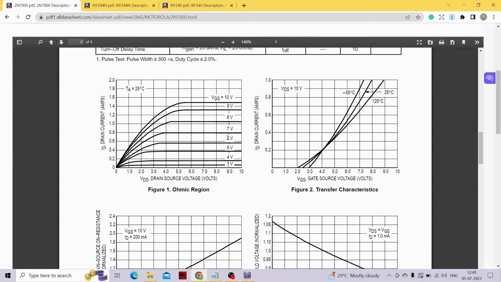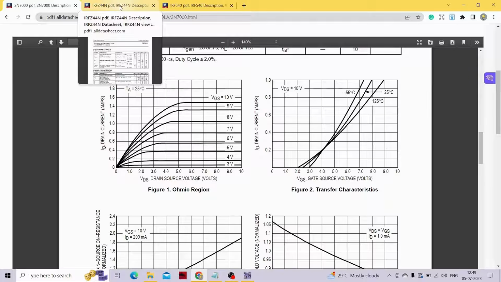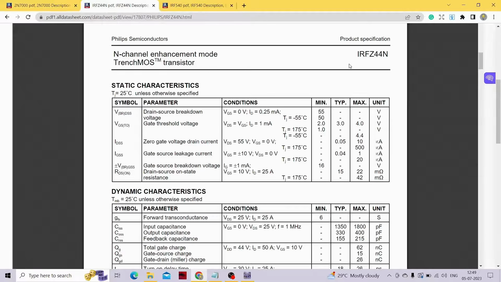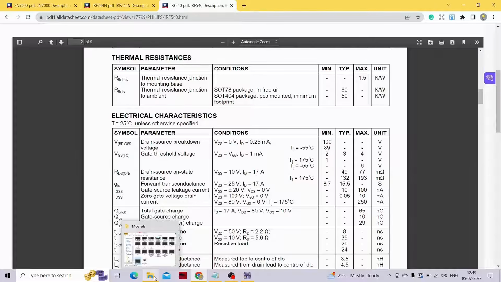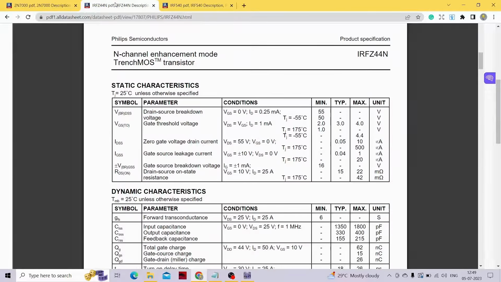Hello engineers, welcome to the new video of the course, and in this particular video we will try to plot the transfer characteristic for this particular transistor, that is IRFZ44N and IRF540. Okay, so before plotting the transfer characteristic curve, as I had mentioned, we need to focus